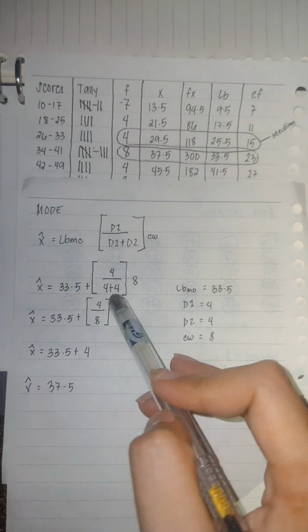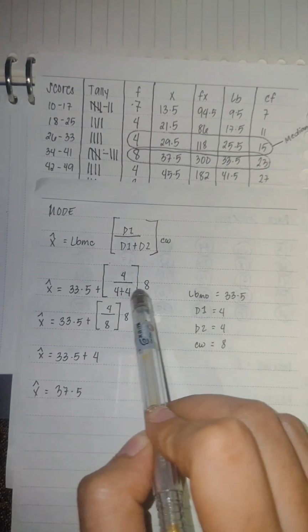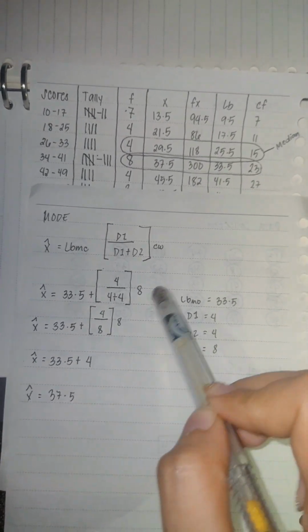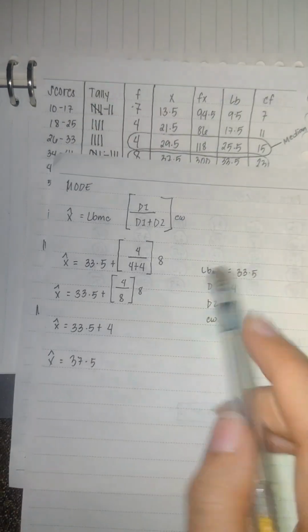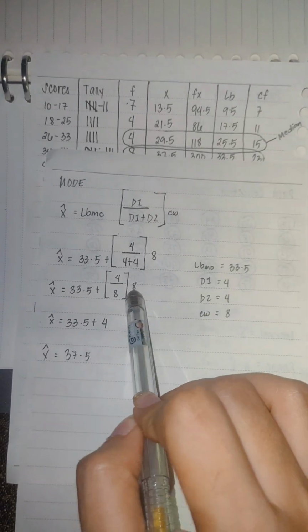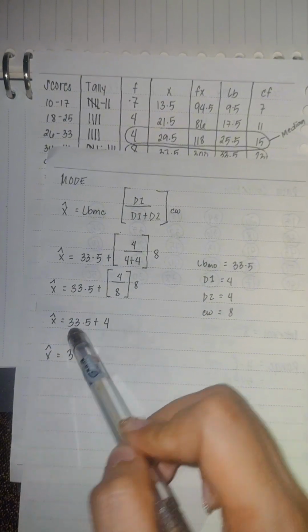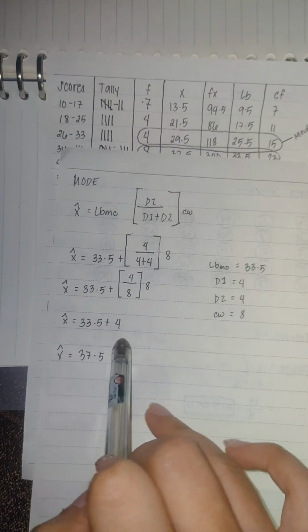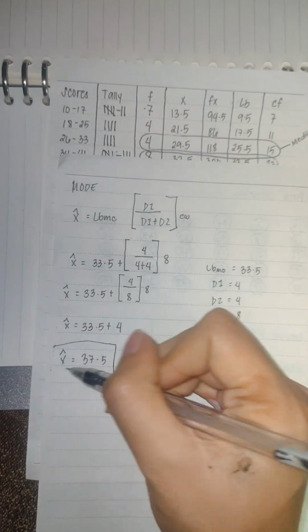D1 plus D2 is 4 plus 4, which equals 8, and then we copy the CW, which is the interval, 8. So 4 divided by 8, times 8, equals 4. So the lower boundary plus 4 is 37.5. The final